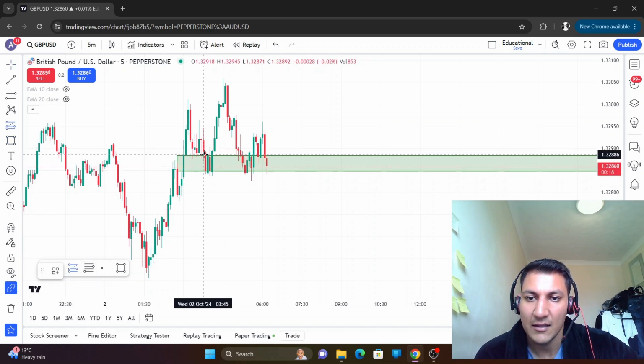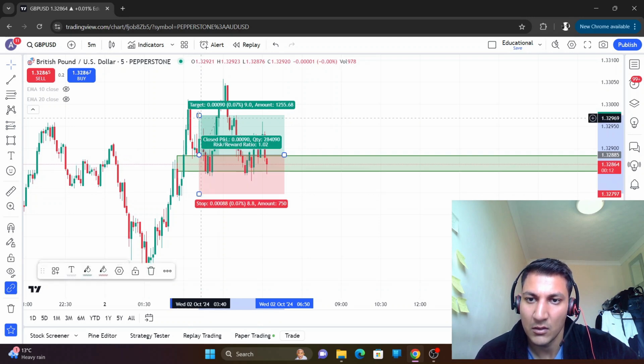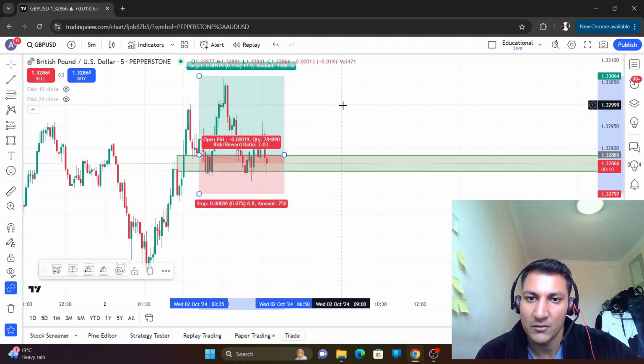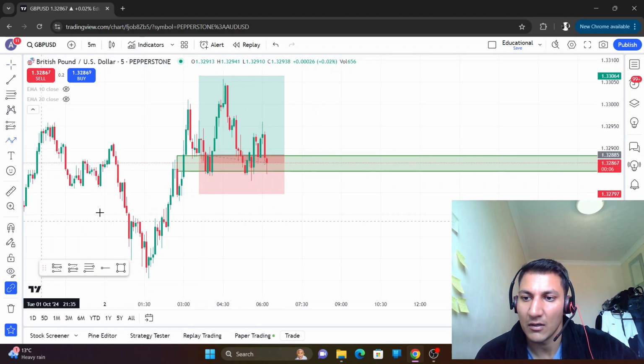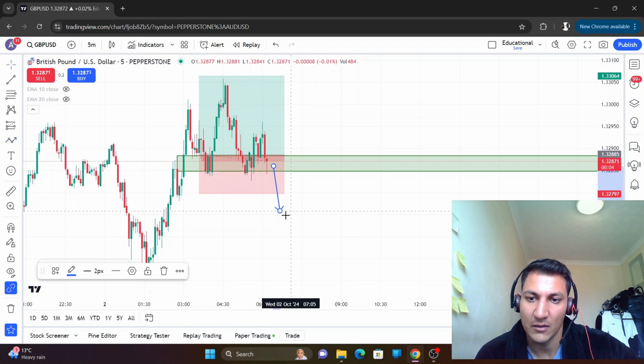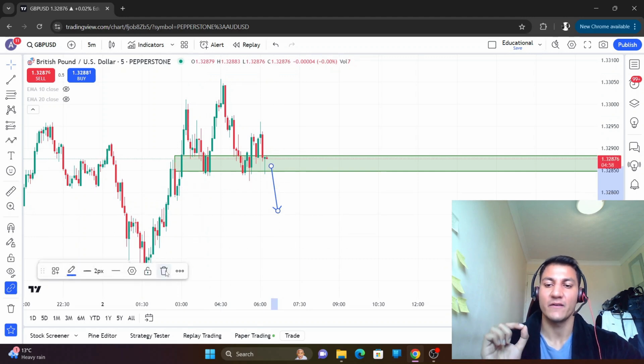Let's say you entered here rather than here. What you would get is, let's say this is your 2 to 1. You would actually miss your take profit, and then you'll be stuck in this trade, which is likely to be a loss. All right, likely to just come down and take you out, and more likely to come back to this fair value gap. This is why, when you're bullish, you always want to take the fair value gap